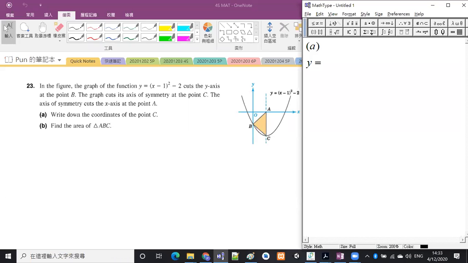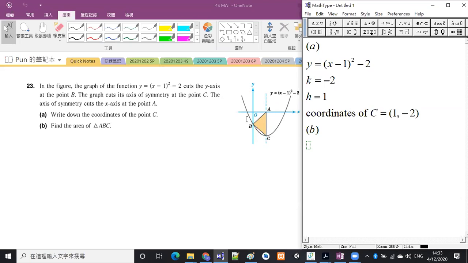Okay, and now the equation is already in the a(x−h)²+k form. Okay, k is -2 and then h is +1, right? So the coordinates of point C will be just 1 and -2. Okay, so that is part A. 唔使拆任何嘢㗎，呢度直接可以睇到嘅。